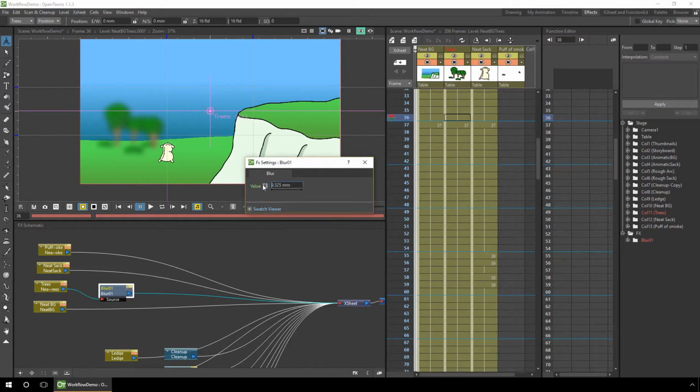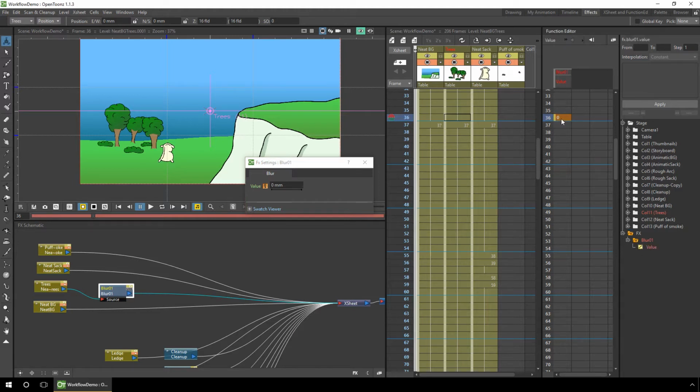So no blur at all, needs to be 0, so we click in there and type 0 and press enter, and you'll see the tree is immediately back in focus. So what we need to do is to add a key for the 0 value, so we click the key button, and we can see that in the function editor by taking a look over here at the effects listed. Currently there's only one for the blur one. If you open that up, you'll see there's only one value, so tick that box and you'll see it's set